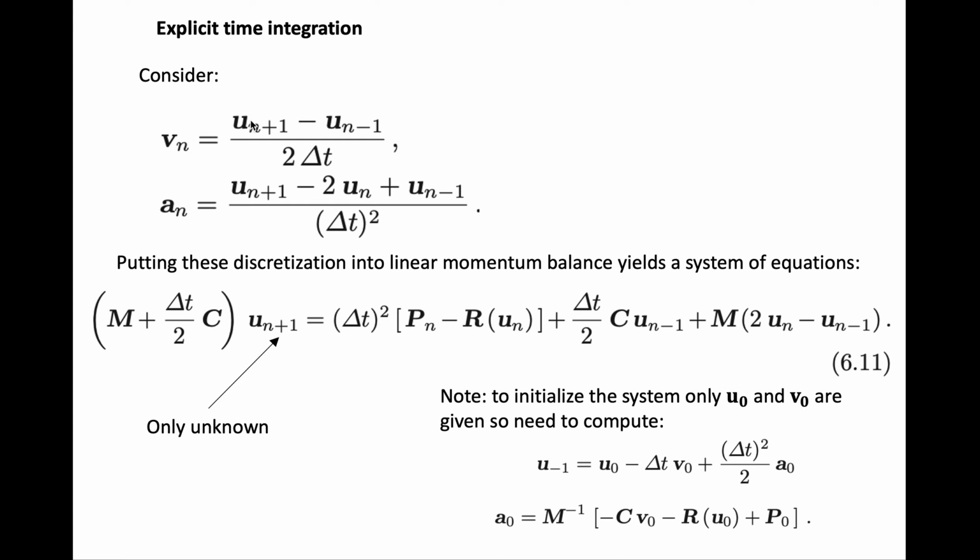So you can compute v_n, a_n. You can use that and plug everything here, but actually it's only in terms of u_n and u_{n-1}. Compute u_{n+1}, right? So that's the next time step. And then that's it. You're done, right? So you have the next displacement. You can update your velocity with that. So now you have v_{n+1} with your new displacement,